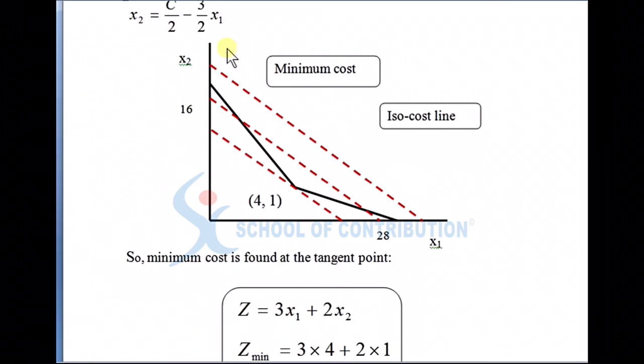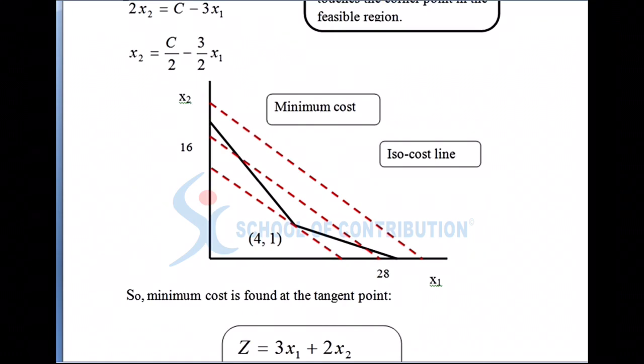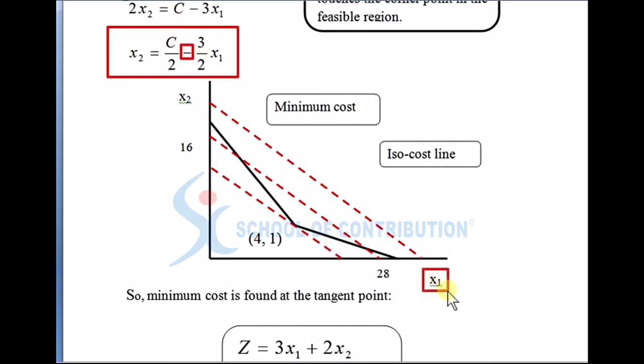পয়েন্টে টাচ করে। এখন বাউন্ডারি পয়েন্টে কোথায় এবং কিভাবে টাচ করে সেটা বের করার জন্য আমাদের অবশ্যই এখানে আইসোকস্ট লাইন ইউজ করতে হবে। এখন আইসোকস্ট লাইন যখন আমরা ইউজ করব তখন আমাদের কিছু জিনিস খেয়াল রাখতে হবে, যেহেতু এটা মিনিমাম কস্ট সলিউশন, আমরা এখানে মিনিমাম কস্ট বের করব। সো দিস ইজ আওয়ার আইসোকস্ট লাইন। আর এটা একটা ডাউনওয়ার্ড স্লোপিং লাইন হবে কারণ এখানে মাইনাস সাইন, সো ইট শুড বি ডাউনওয়ার্ড স্লোপিং লাইন।